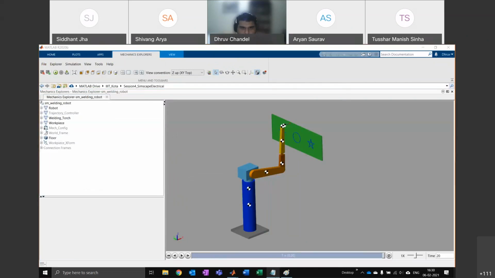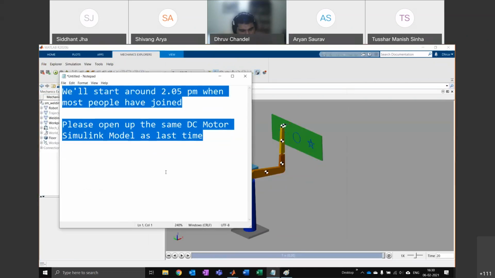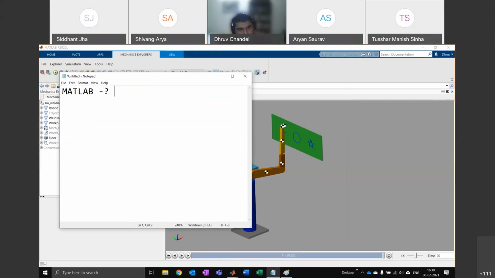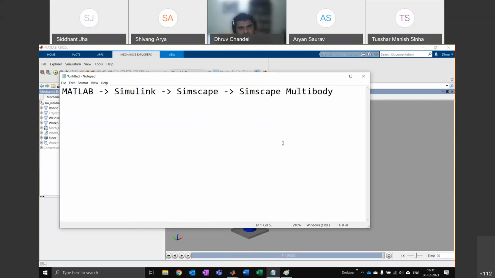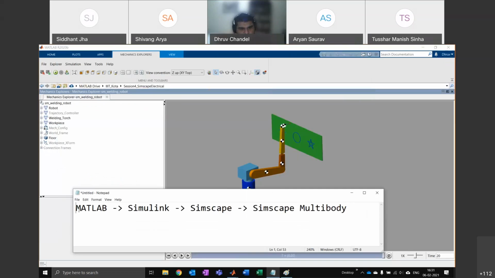If I just tell you how it is built, basically once you understand MATLAB, from there you can go and understand Simulink. From there you can go and understand Simscape. And from there you go and understand Simscape Multibody. And so Simscape Multibody is a really advanced tool. I mean, you need to have very, very nice knowledge of all these things before you get to this level. So we've already looked at MATLAB in a fair amount of detail. Simulink, we've spent all day on it. Simscape, I've showed you how it works.